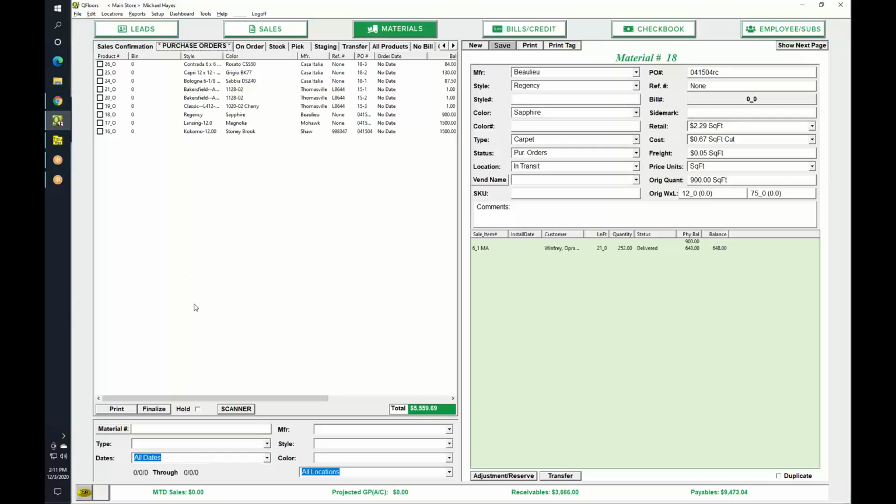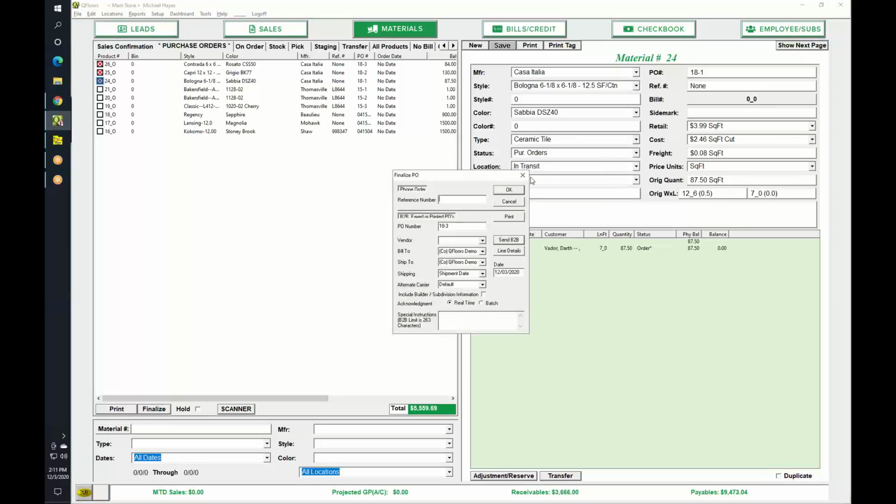Let's talk about POs. I'm going to click on a few of these here. These are all coming from the same vendor for the same job because they have the same PO number on them. So I'm going to finalize this as if we're going to order it. And you know, the simple way to order stuff is over the